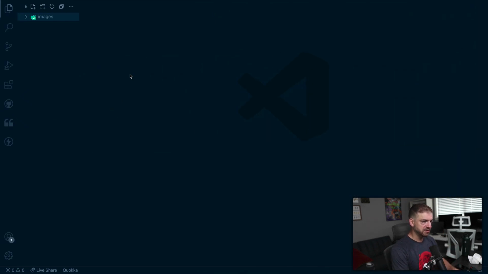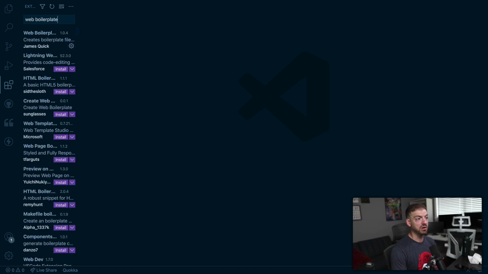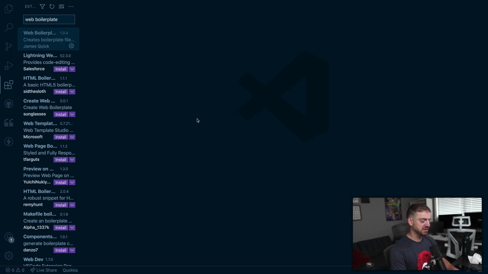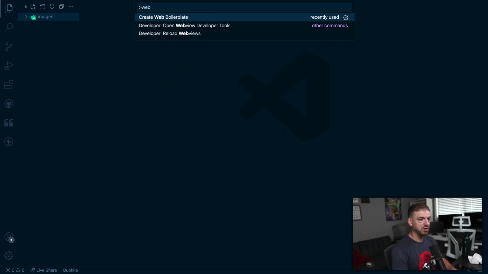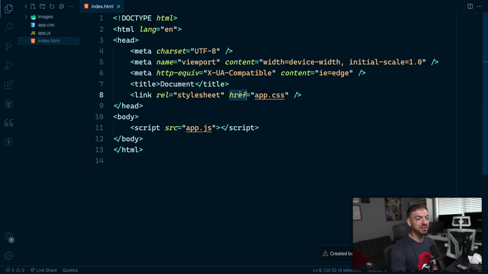So one of the things I'm going to do is use a web boilerplate extension in VS Code that I created. Actually, I've had some people share that this didn't work for them, so I'd love for you to give it a try and let me know if it works or not. But if you install this extension, then you can run the create web boilerplate command. What this should do is create an app.css and a JavaScript file, as well as an index.html. And this index.html should link to both the app.css and the app.js,